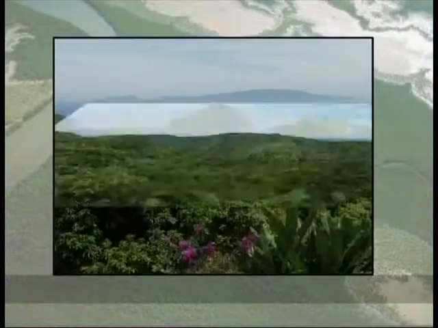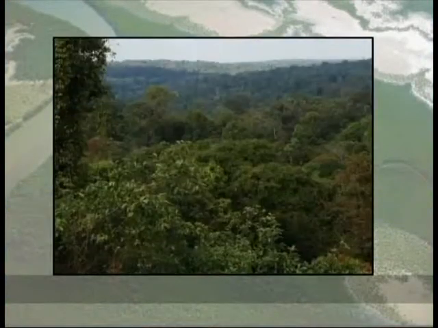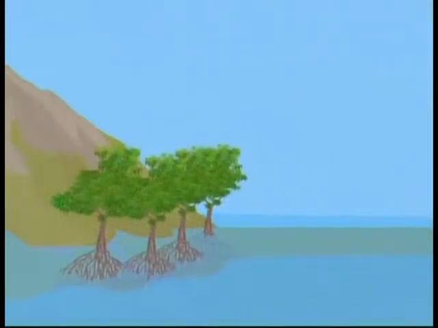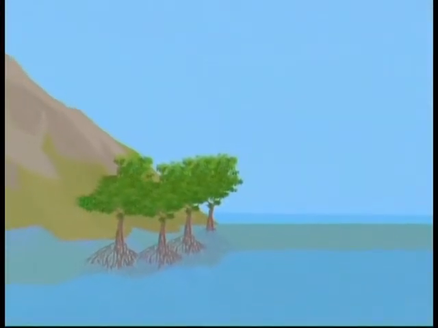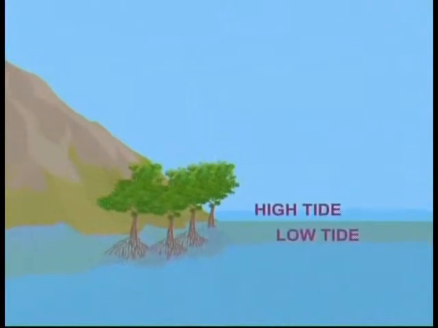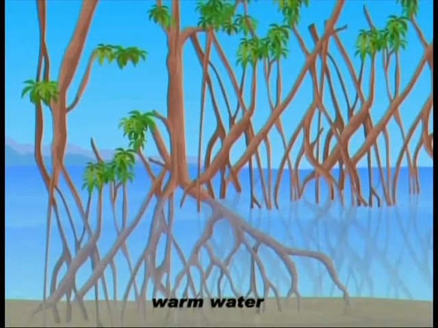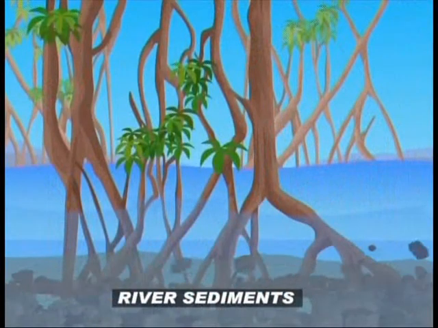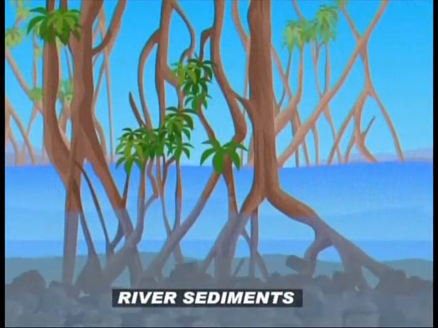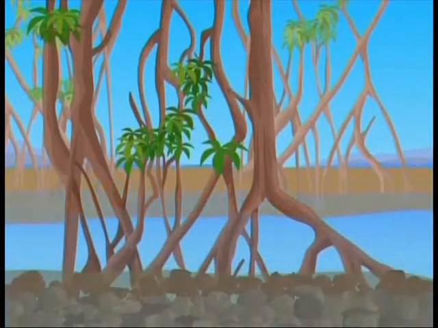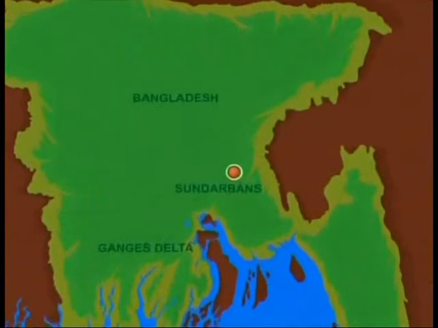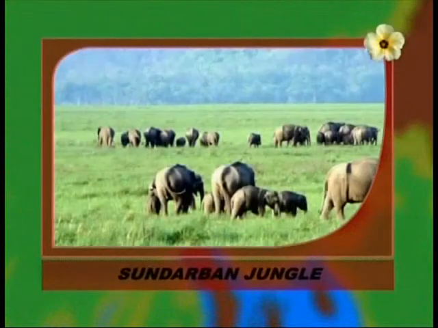Tropical coasts are regions having dense jungles. Mangroves are trees that grow in these dense jungles between high and low tide. They grow only in warm water and have tangles of roots above the ground. They also trap river sediments, allowing them to build up and later turning them into dry land. One of the world's largest mangrove swamps is the Sundarbans of the Ganges Delta on the east coast of India